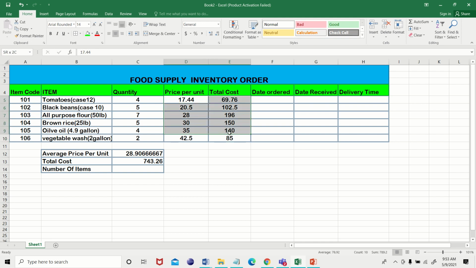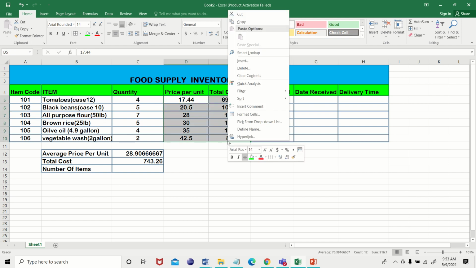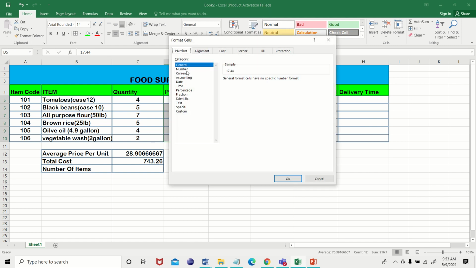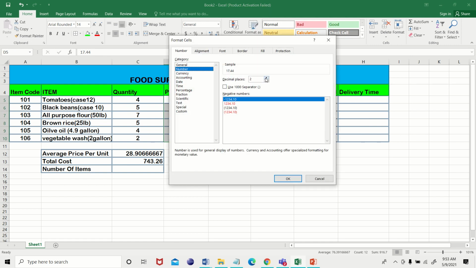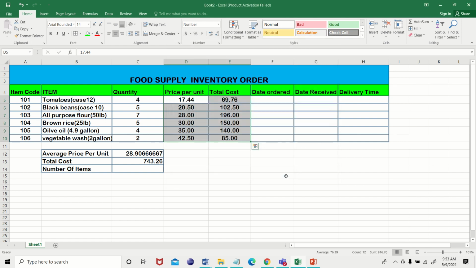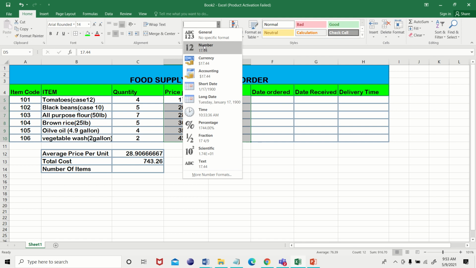You can select it, right click, choose format cells, go to number and choose the decimal places as 2, and say OK. Now it is changed to 2 decimal points. Or else you can just go here and choose number directly. This is also another way.